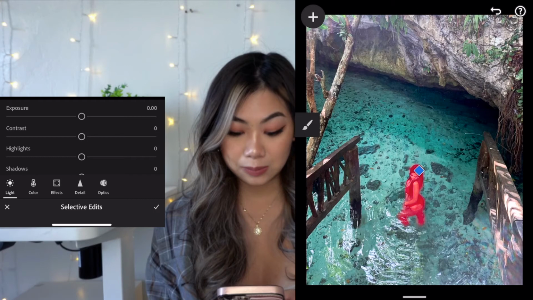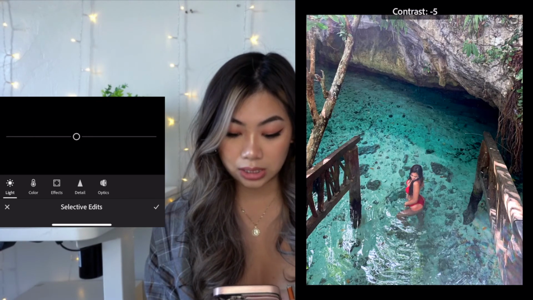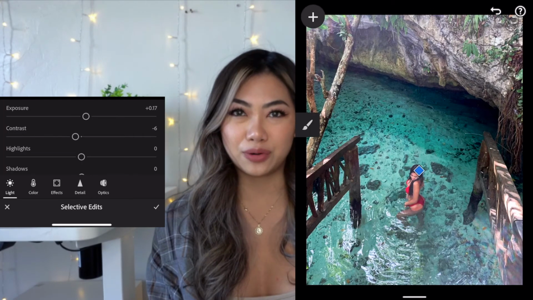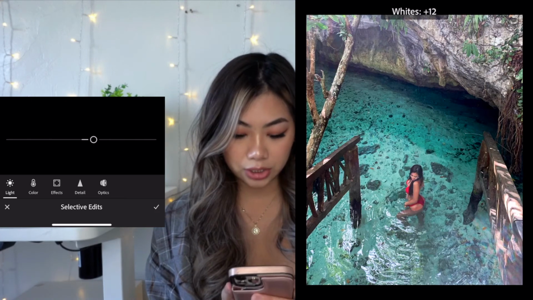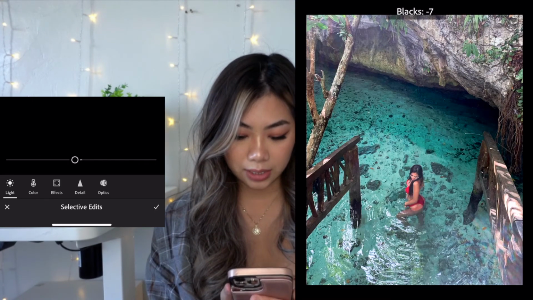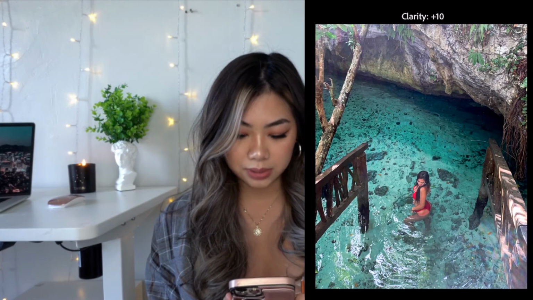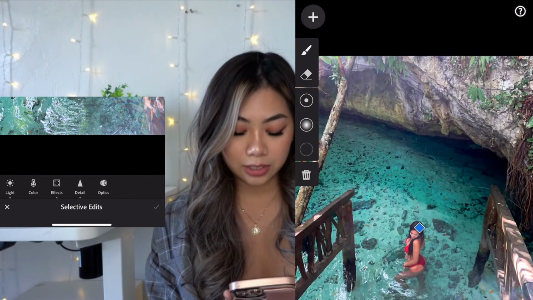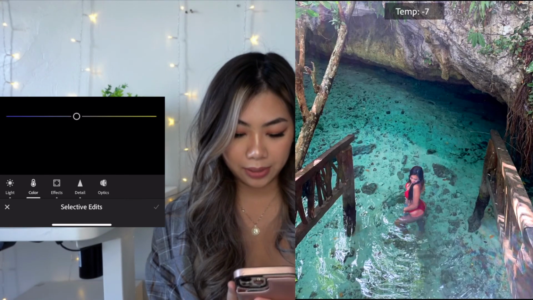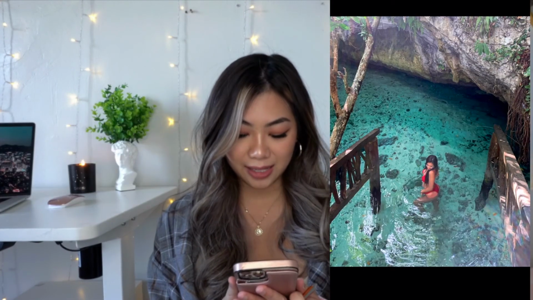And then what I'm going to do is to really make the focus of the picture about me. This is my tool that helps me the most in just making sure that I'm the focus of the picture. So I'm going to make it darker, I'm going to lighten it a little bit, and then I'm going to go over here in effects, and I'm going to up the texture real quick. And then I'm going to go back in, and I might play with the colors a little bit, and yeah,